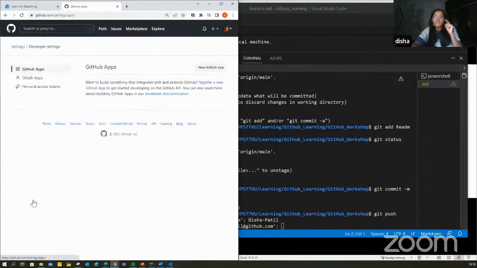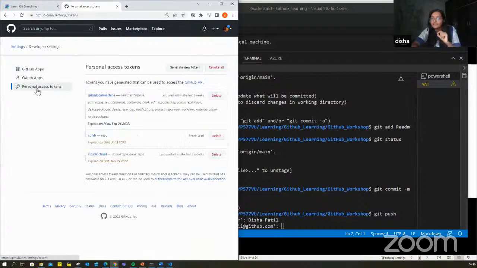But now for security reasons they have not kept the system. They have updated the system to token based access. So you need to create a personalized access token and use that access token to log into your GitHub. So I'm going to stop my screen right now and create a new access token just for this one example. And I'll show you first how to generate a new access token.